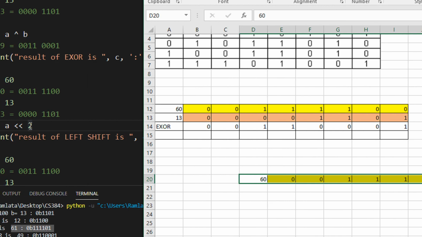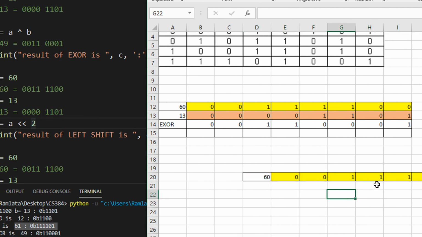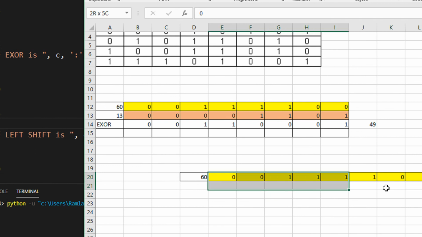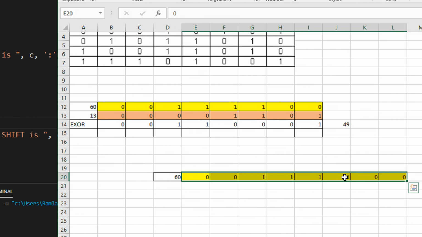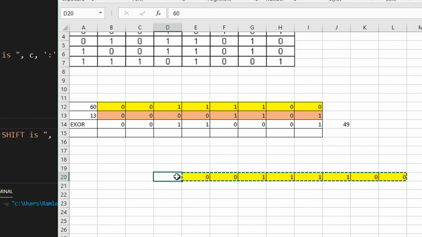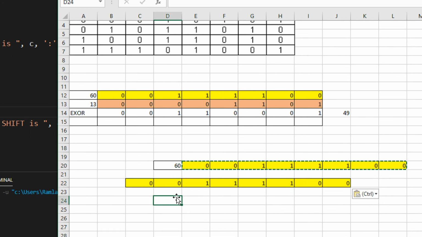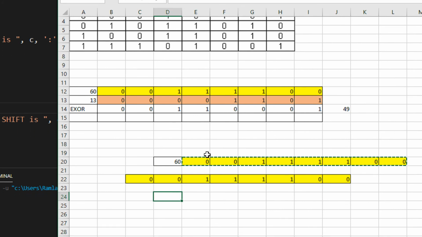So when I'm saying left shift by 2, just see what will happen. So I have the same 8 bits. What I will do, I will shift it by 2 bits. So this is the leftmost bit, shift by 1 bit and 2 bit. So what will happen here? So this becomes here, right? This becomes here. Okay, let me just take a better example.